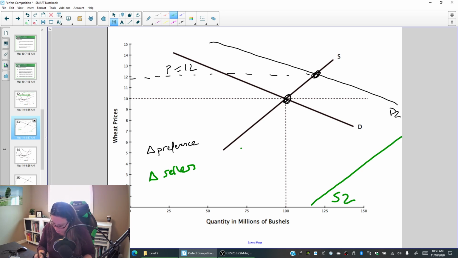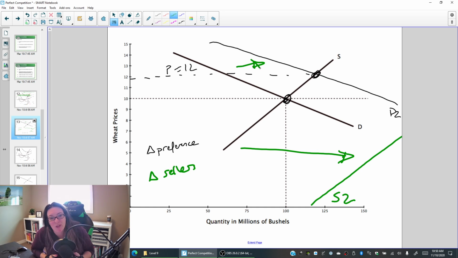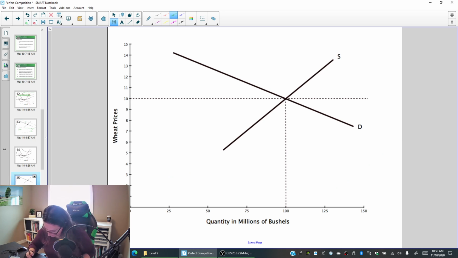Huge increase in supply. Much bigger than that increase in demand. What will that do to the price in the market? Okay. Well, that increase in supply will push the price down, and I think I may have